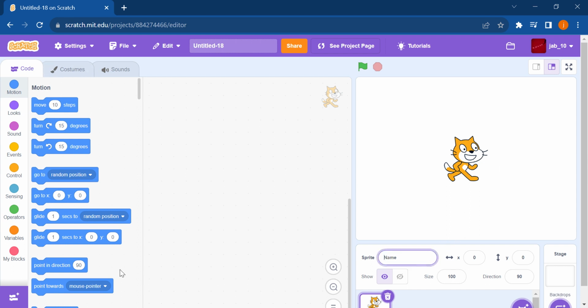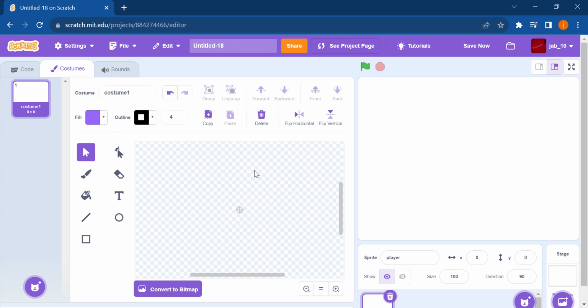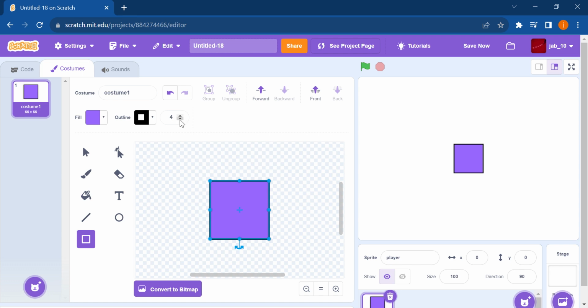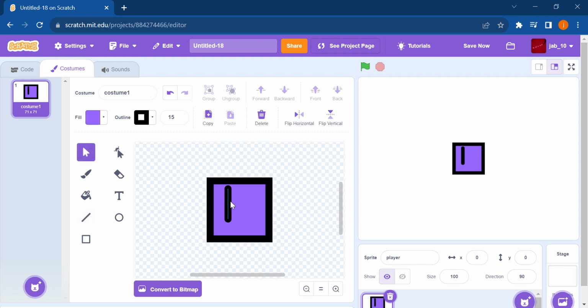First thing I want to do is name the player, the first sprite. Then get rid of the second costume, and we're just going to make a simple square as our player. Once we got that, we're going to make eyes for it. We'll copy paste that, and there. Alright, now that it has eyes,